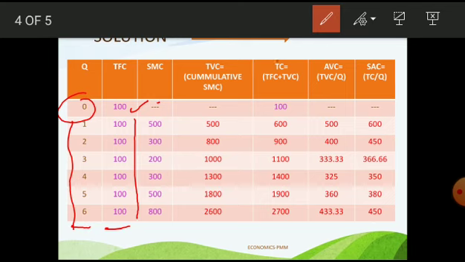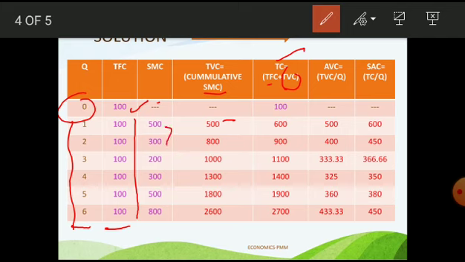Now to find out total cost, the formula for total cost is total fixed cost plus total variable cost. We don't know what the total variable cost is. So the formula for this is cumulative SMC. It means summation of all your SMC values. So I will write this 500 as it is here for the first unit, and henceforth I go on adding all the SMC, that is short run marginal cost.